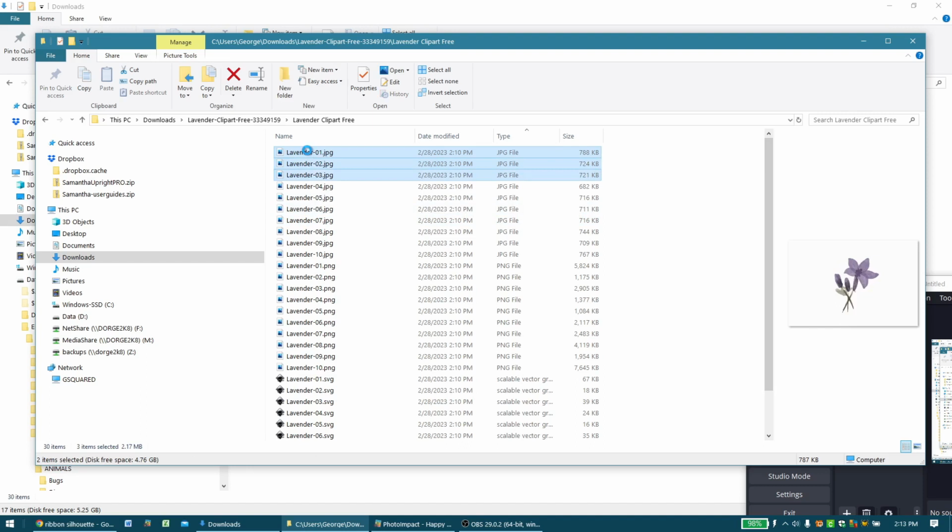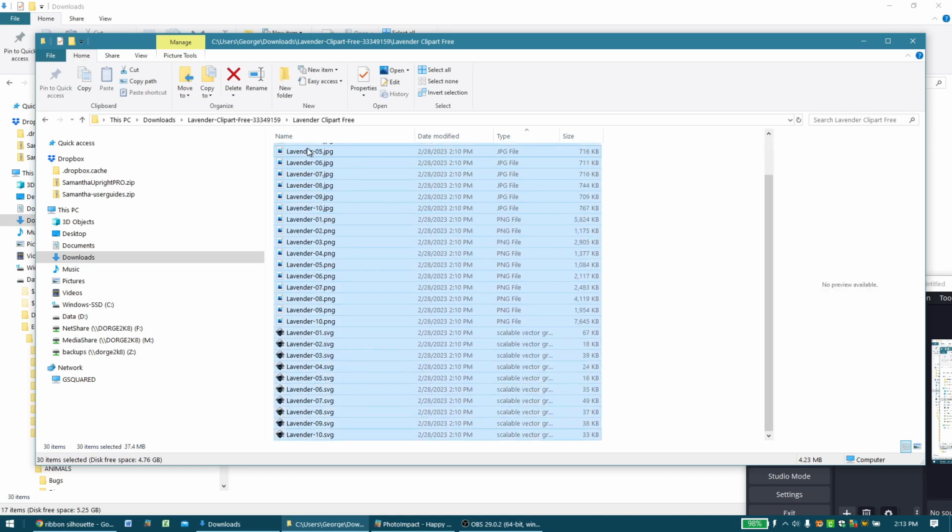I also keep the SV. Oh, you know what? That might be for use with the SVG file now that I think about it. But anyway, I'm trying to highlight all of them. I usually start at the top, hold the shift key down, and then arrow down to select them all. And at this point,